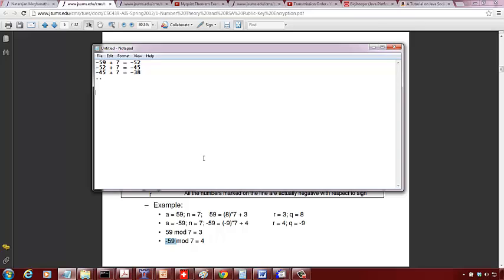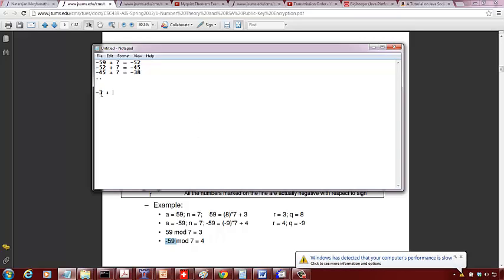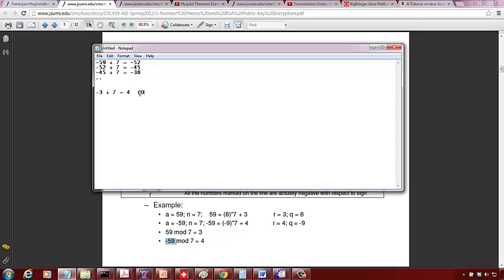You keep doing that until you come up with something like negative 3, right? If you keep subtracting, you'll get more negative. If you keep adding, you'll get to negative 3, and then that plus 7 is 4. Okay, so again you got something between 0 and 6, right? So then we stop in this case, because we're working with modulo 7. Right, so that's how we compute the